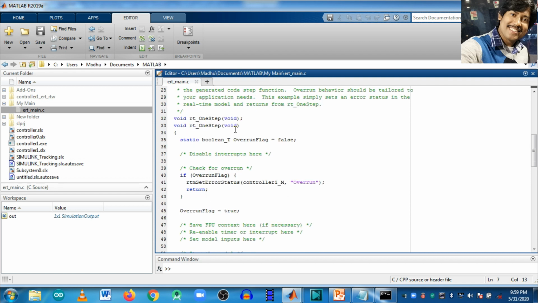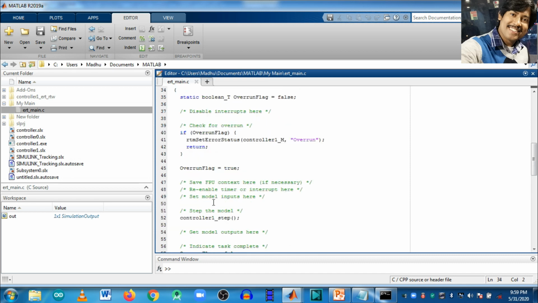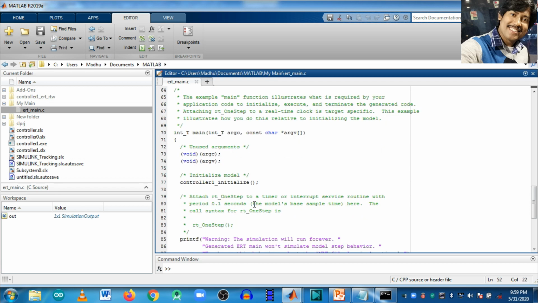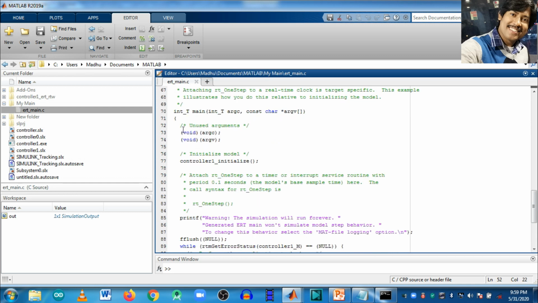In this part you can see RT one step is not used here. So we have to modify this section. This error was seen in the command prompt. So just modify here.